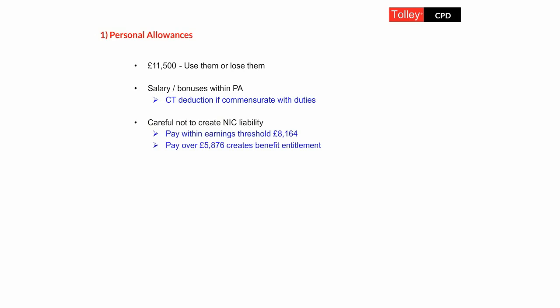You could pay somewhere between 5,876 and 8,164. You are still utilising some of the personal allowance, but at that level you're not paying any national insurance, employee's or employer's, but you are crediting your state pension. So somewhere between there, no tax, no employee's NIC, no employer's NIC. Over and above the 8,164, there will be employee's NIC, there possibly might be employer's NIC, depending on whether you've utilised a